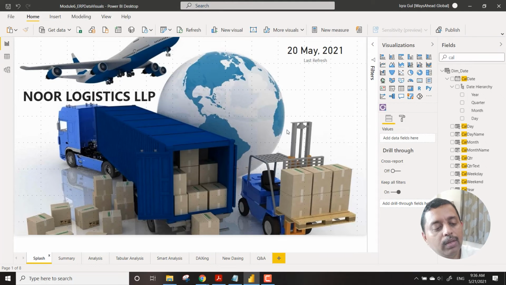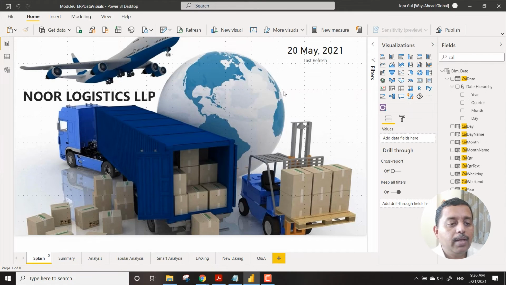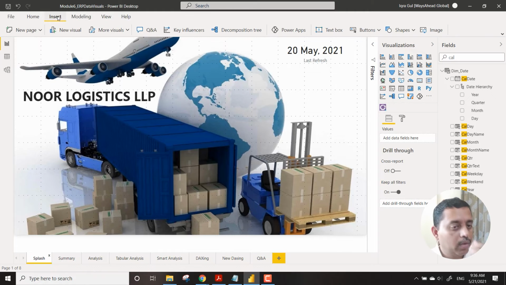But before moving to that cloud option, I would like to showcase one example which is very important, and that is related to the bookmarks. So suppose I have these 4-5 options, and I just wanted to have a small concept of bookmarks over here.